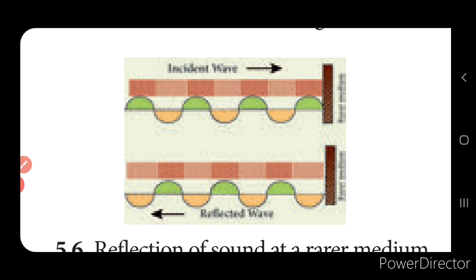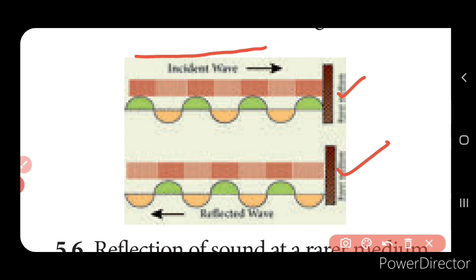Next we are going to see the reflection at the boundary of a rare medium. Now here you can see the wall, isn't it? So this is a rarer medium, and the wave which is traveling in a straight line is in a denser medium. So the wave travels from a denser medium and hits the rarer medium. Alright. Now what will happen in this case? Here also you can see that the incident ray starts from the compression, and here also at the interface it is compression, right? Now this is about the incident ray.